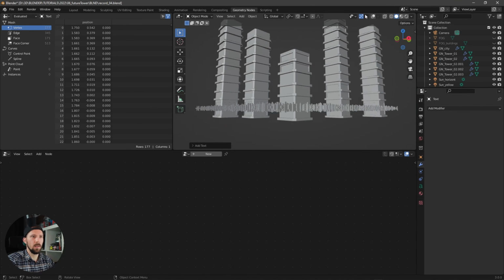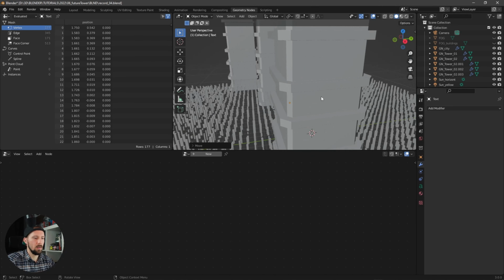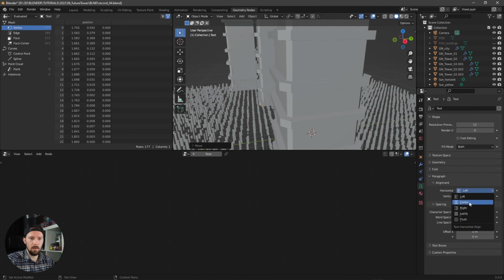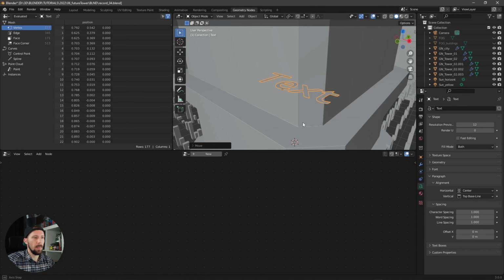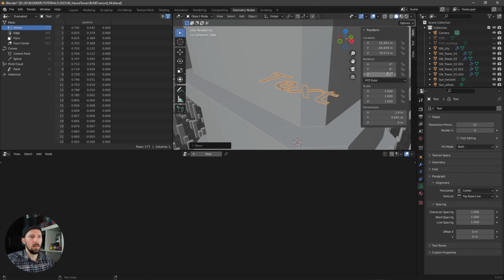Let's see where it is. Bring this one here. Bring this one up. So, okay, let's see the text here. Let's make a center. And we have to put this a little bit around